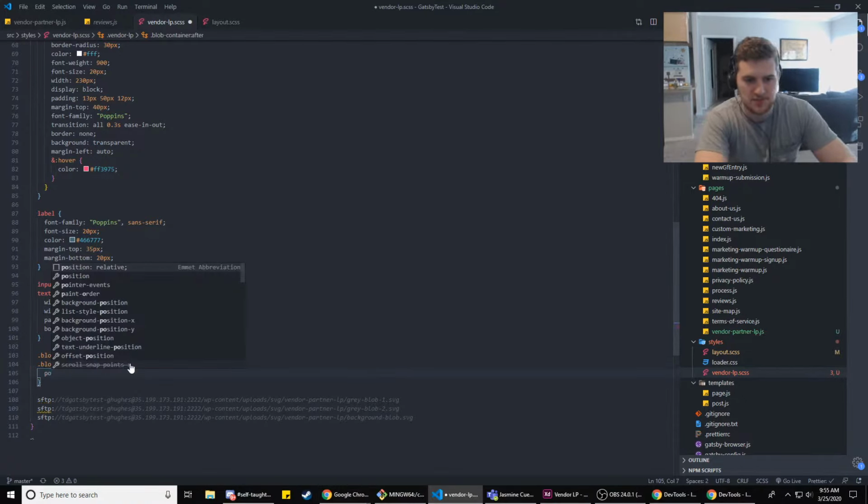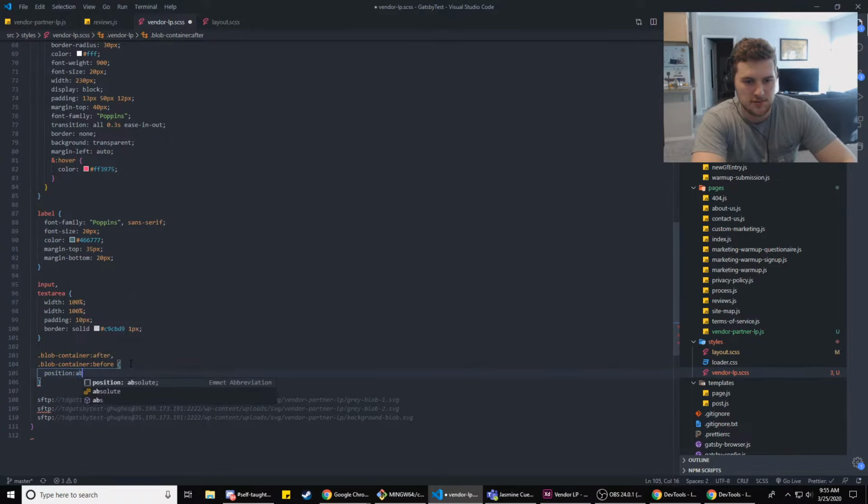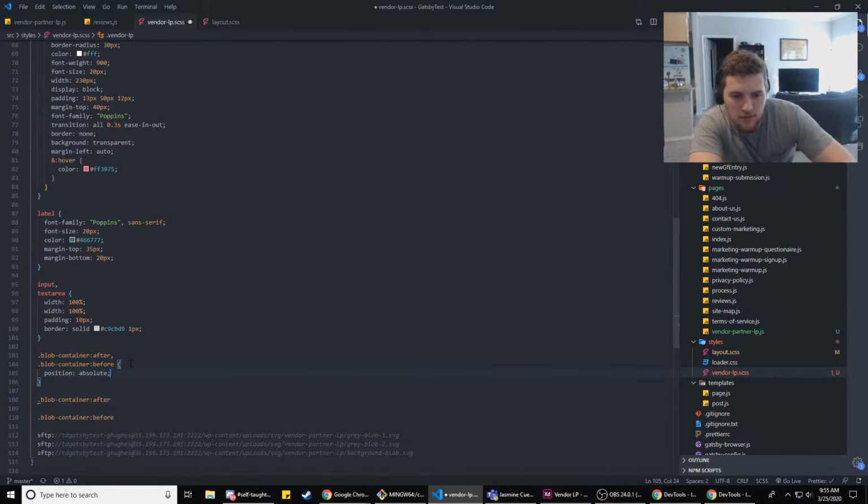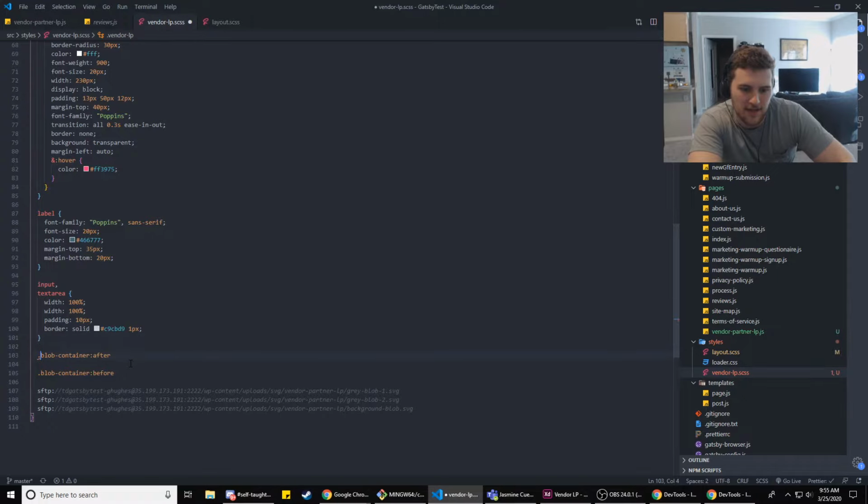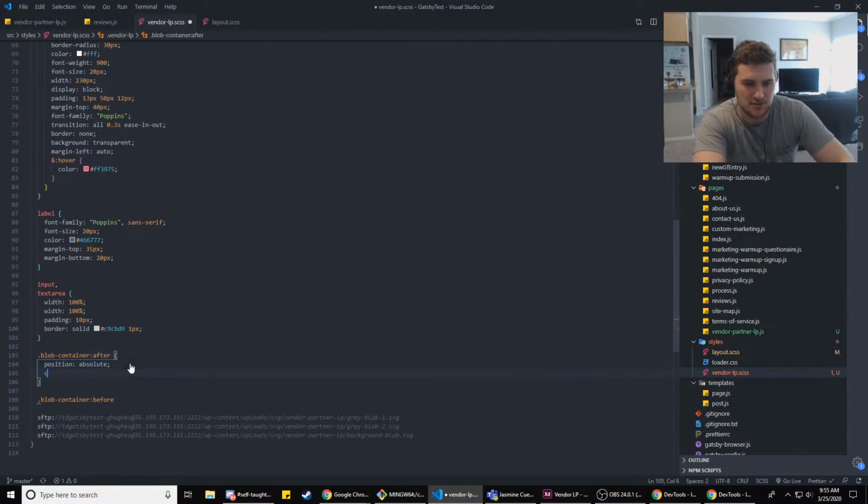All right, so yeah, these are gonna be position absolute, and then the content is going to be specific to each one, right? So that's the only style they share. So we'll grab that and split that out, and then we'll grab that and split that out. Is that more efficient? Because it's only saving 1 line, right? Or 2 lines, but this is 4 lines. So I think it's more efficient not to have that in there, and we'll just put it in each one individually. So position absolute, content is going to be URL, and then it's going to be the first blob.